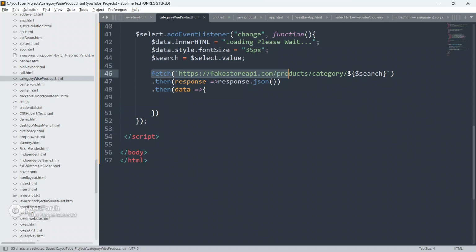So what I said is, if everything is okay from the server side, then it is going to return a promise in the form of JSON data, response.json. And if this promise has resolved, if it did not get rejected.